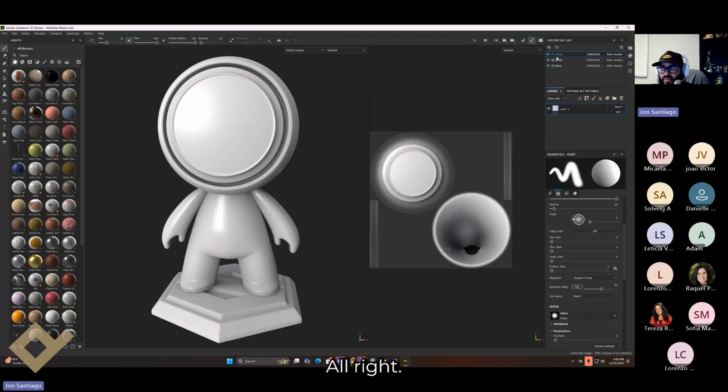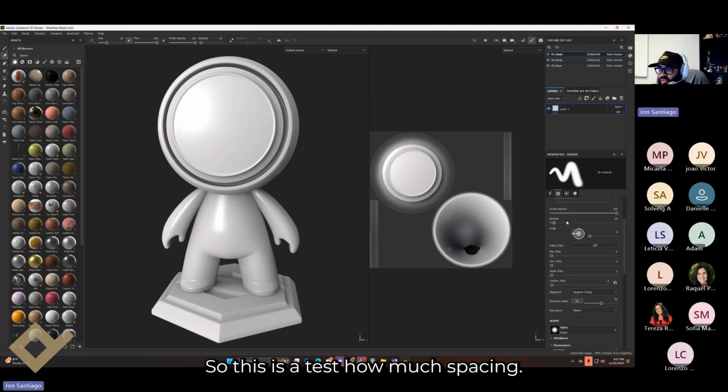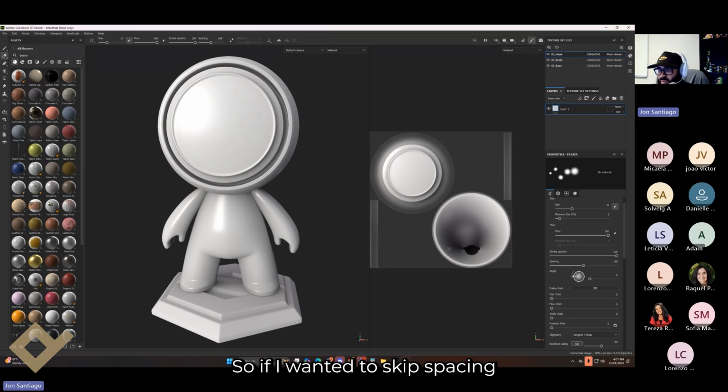All right. Next we have our shelf with our brushes, painting mode, right? And then our properties panel, which is right here. This tells how much spacing. So if I want to skip spacing, it'll show you